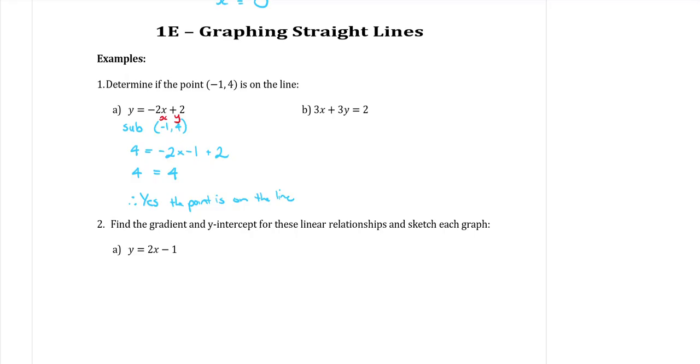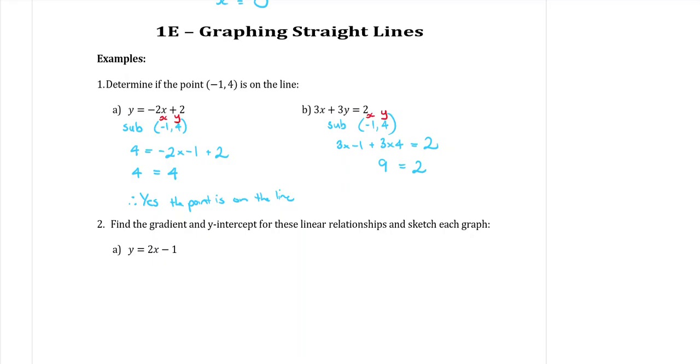Okay, let's try it for part B. Same process. I'm going to sub the point negative 1, 4 into the equation. Again, x will be negative 1, y will be 4. So that will be 3x, which is 3 times minus 1, plus 3y, which is 3 times 4, equals 2. Using your calculator or otherwise, let's calculate what's on the left. So we have 3 times minus 1, that's minus 3, plus 12 would make 9, and 9 does not equal